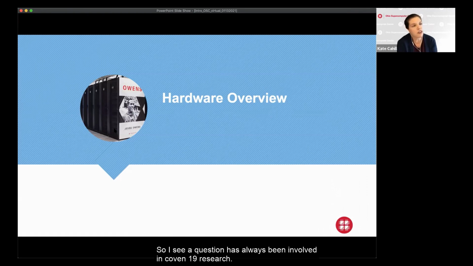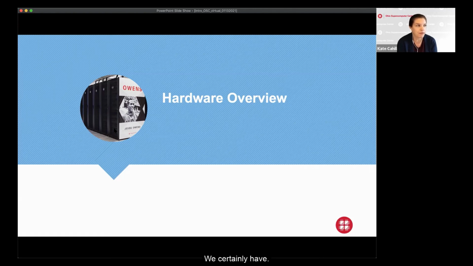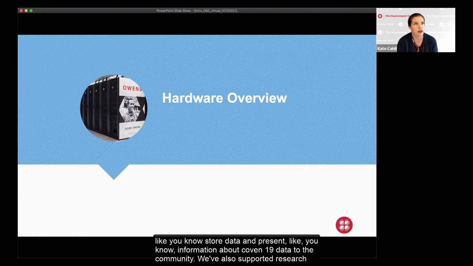I see a question: has OSC been involved in COVID-19 research? We certainly have. We've hosted some COVID-19 data platforms so that people can store data and present information about COVID-19 data to the community.